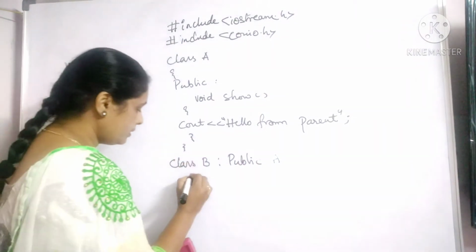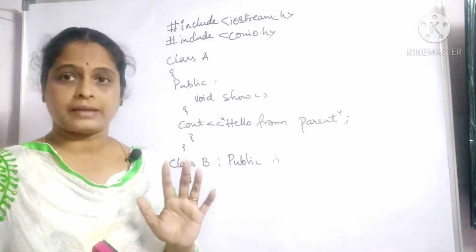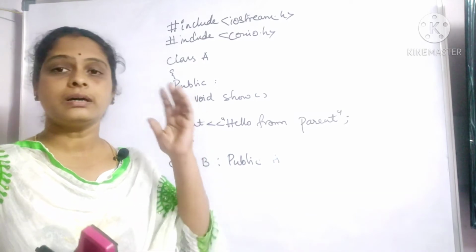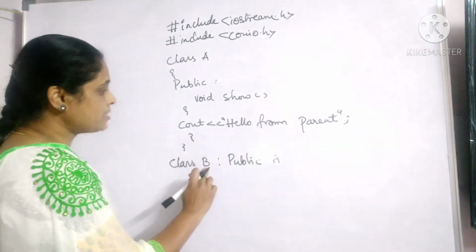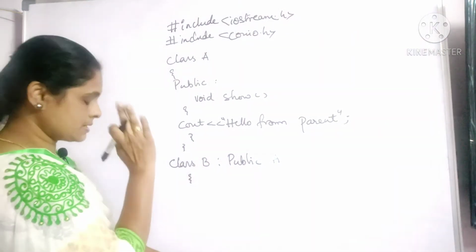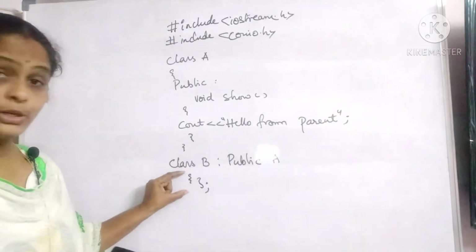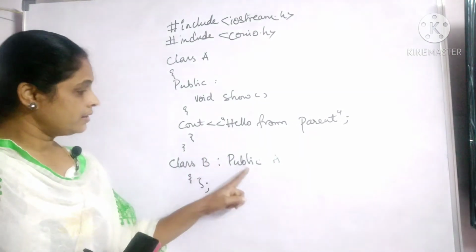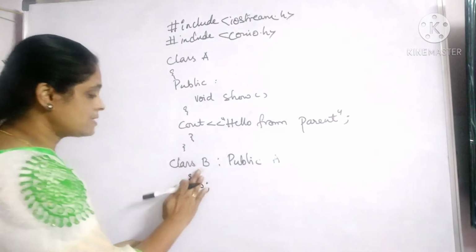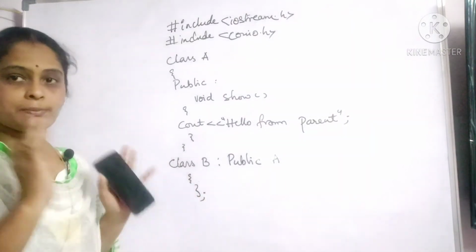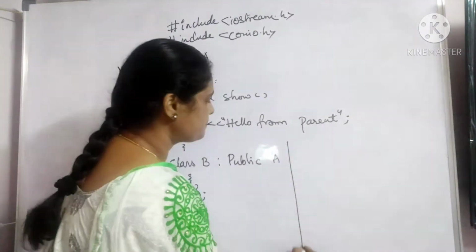Here I am not going to create any object for the parent class, but I'm creating an object for the child class, whose name is B. I'm not writing any code here. That is, in class B I don't have any code of its own. The concept here is whatever is there in A should be used by B. So it just has opening and closing braces. Now inside the main section,